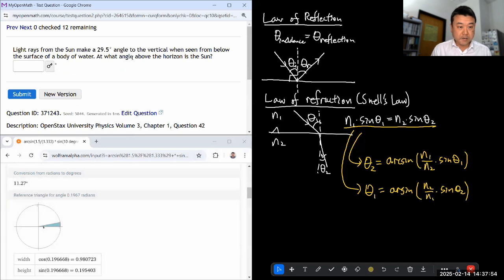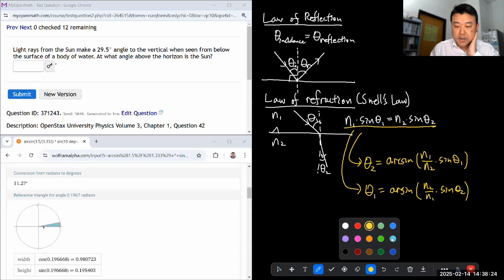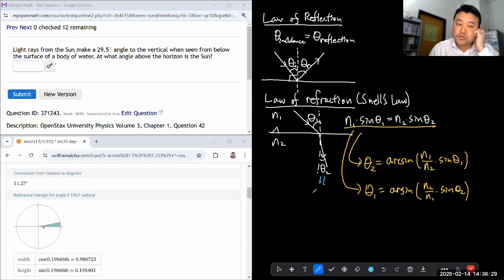All right, this is the next question. So light rays from the sun make a 29.5 degree angle. Is there some way for me to use this diagram still? So theta 1 is 29.5 degrees, I think. But it says when seen from below the surface. Okay, so if I'm interpreting the question as written correctly, then what it's saying is the theta 2